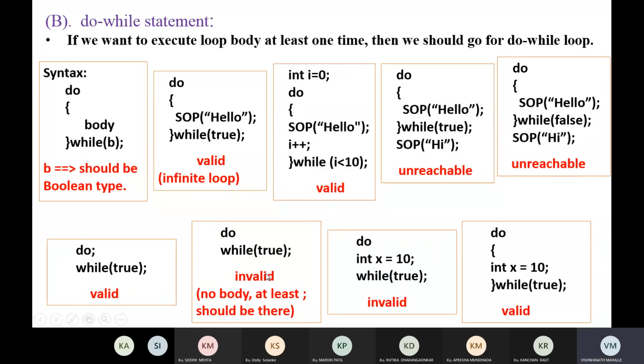No body, at least one statement should be there. Now this is also invalid, a single declarative statement without curly braces is invalid. With curly braces we can write the declarative statement, same as with if and while. We cannot write the declarative statement without the curly braces. So with curly braces, that is valid.